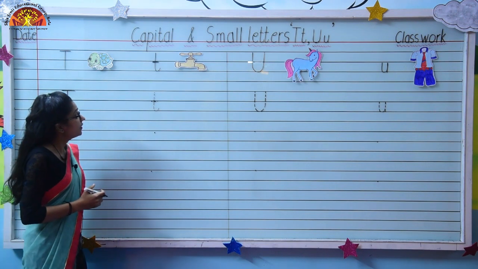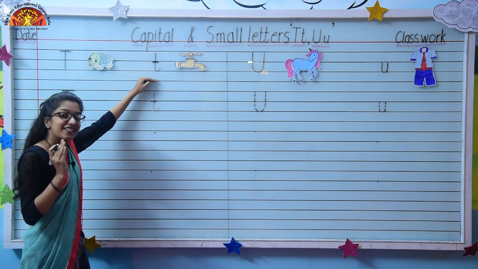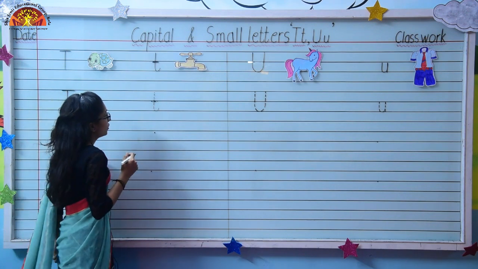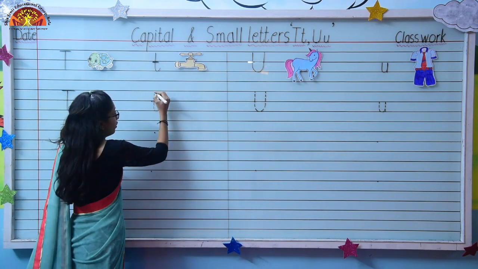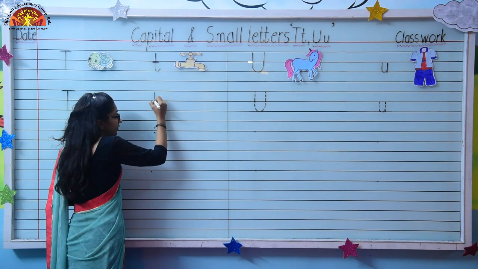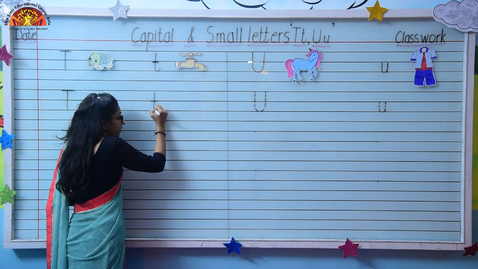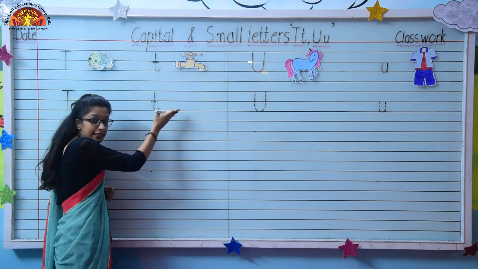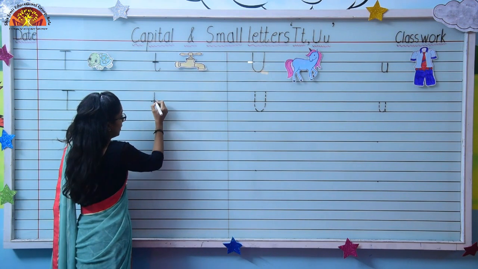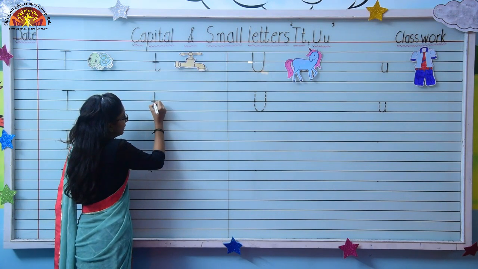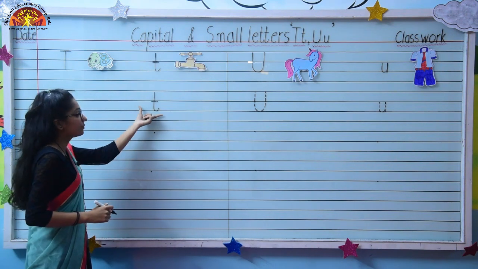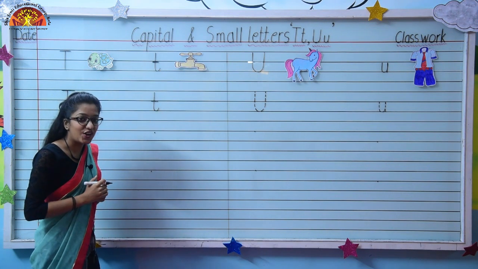Now kids, come to small letter T. This is small letter T. Let's do its tracing now. We have to start from here. We have to draw a standing line. Touch these lines properly. Then turn, you have to turn this side. Now we have to draw one small sleeping line on it, here on the second line. See, this is small letter T. Now let's write on dot.